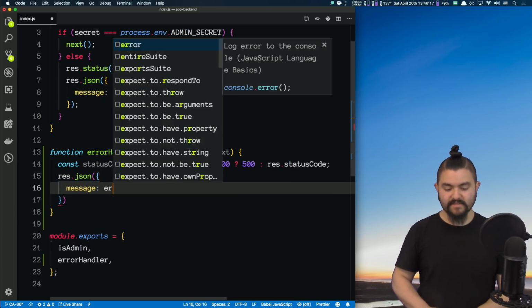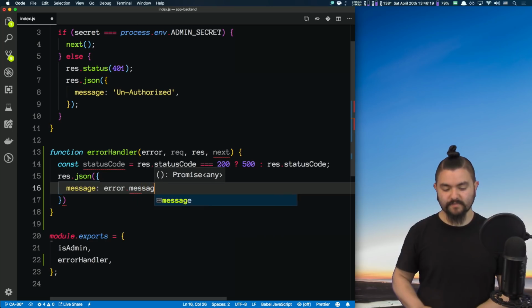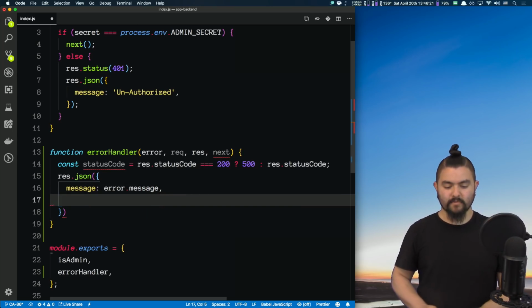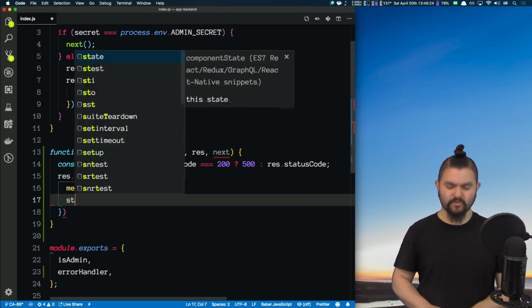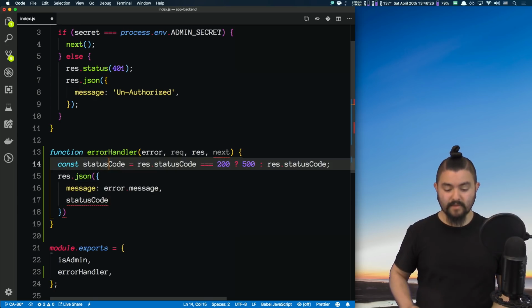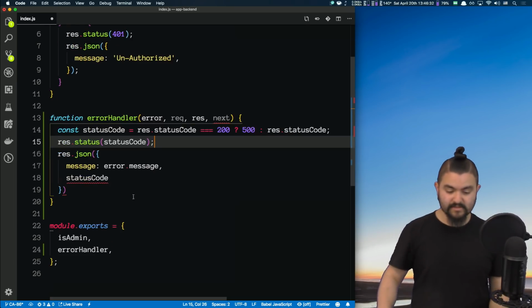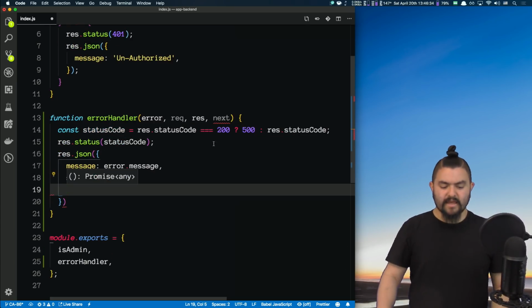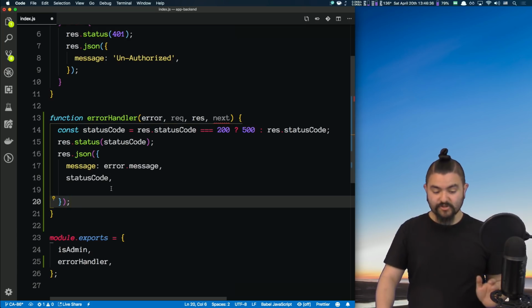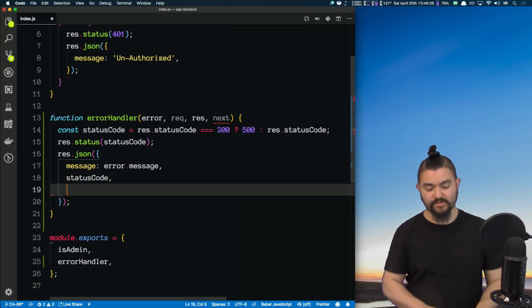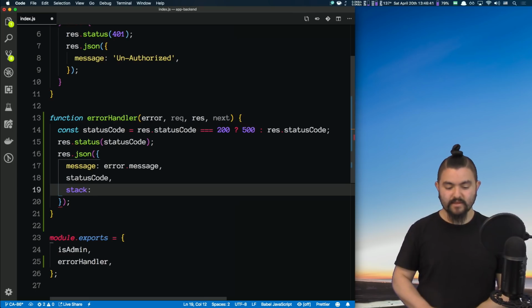We want it to have a message. This is just going to be error.message. We'll include the status code. And before that, we just want to make sure that we do res.status with the status code so that the status code gets set in the response. And lastly, we'll include the stack trace if we're not in production. So we'll say stack is